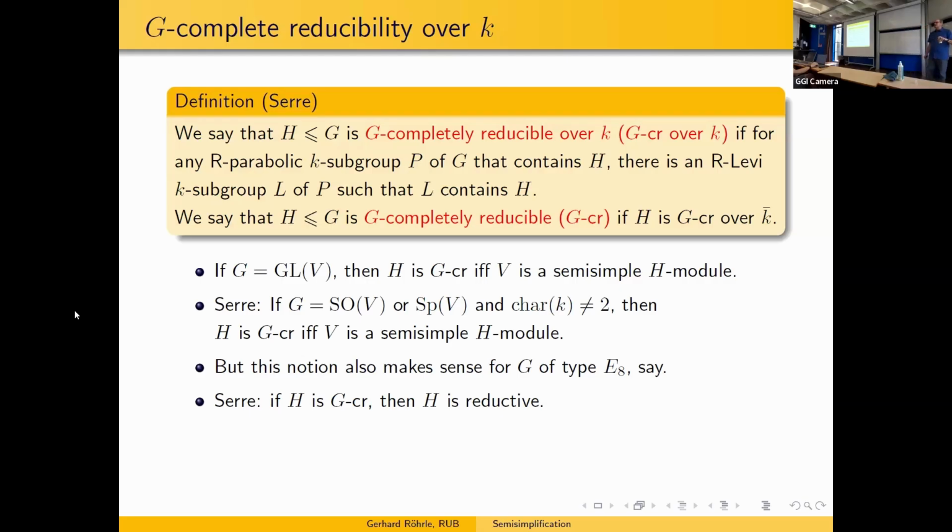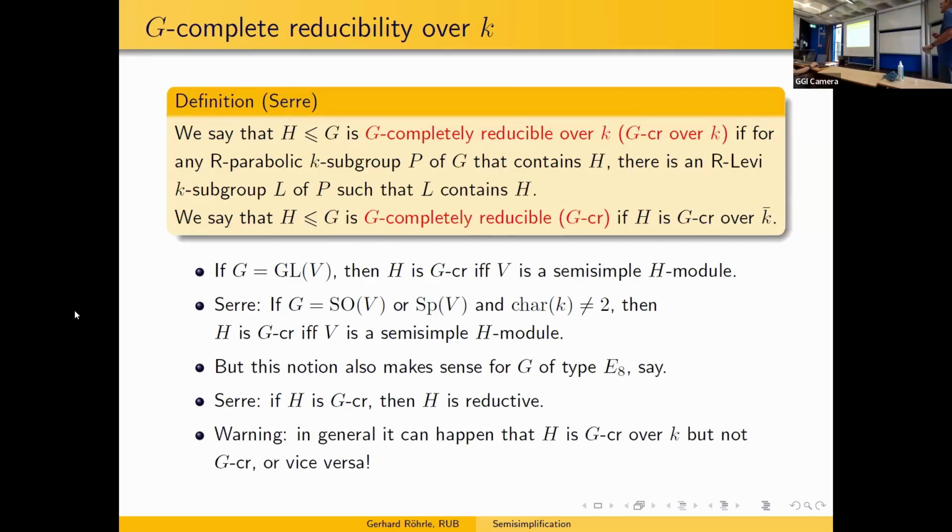In characteristic 0, the converse is true, but the representation theory in characteristic 0 is boring. But in characteristic p, this is far from true. And I've already said it: in general, it can happen that H is GCR over K but not GCR over K bar, and vice versa. You can't necessarily deduce one from the other. Sometimes you can, but